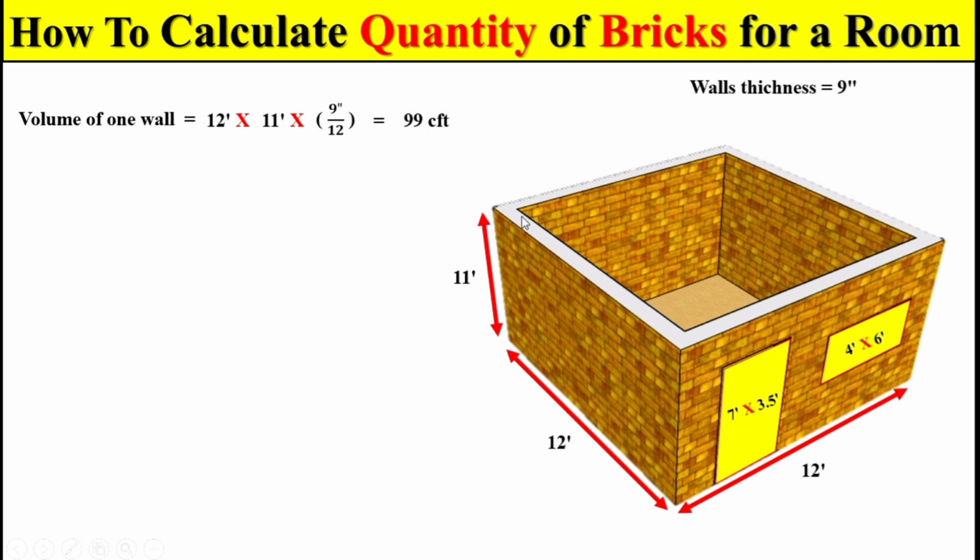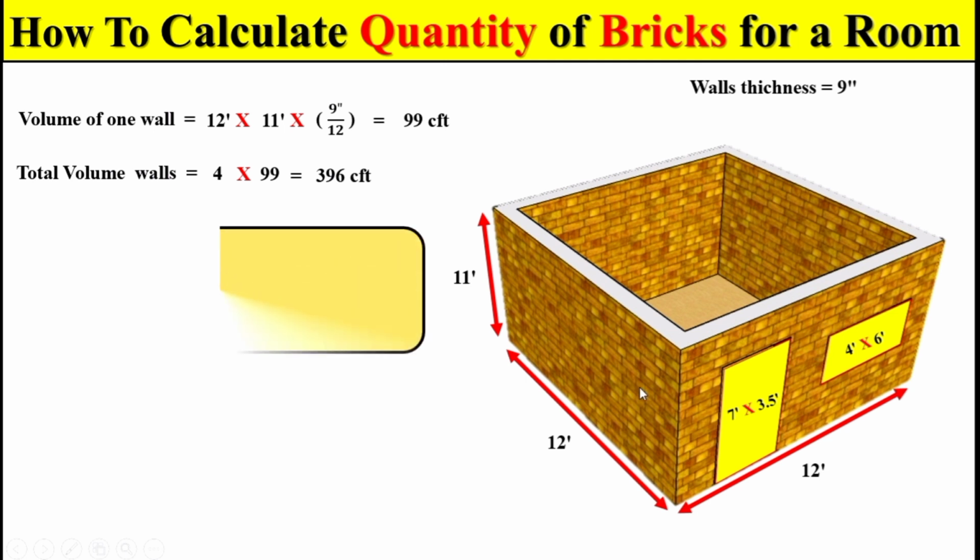So now dear students, if you want to calculate the total quantity for the remaining walls, if the total quantity of one wall is this one, we multiply 4, because the total number of walls is 4, with the 99 cubic feet, so we get the total quantity of these 4 walls. And now dear students, from this total volume we subtract the total volume of a door and also the total volume of a window.